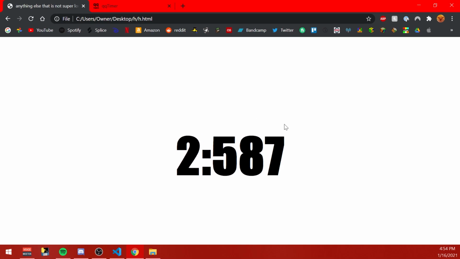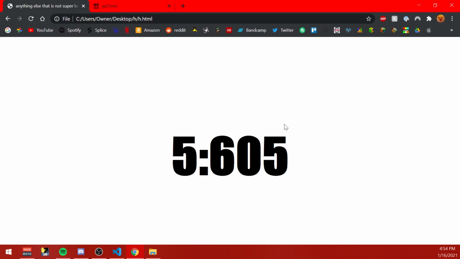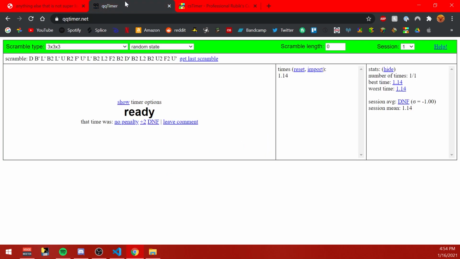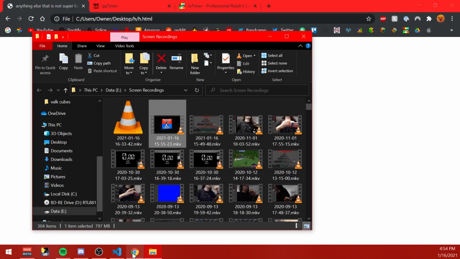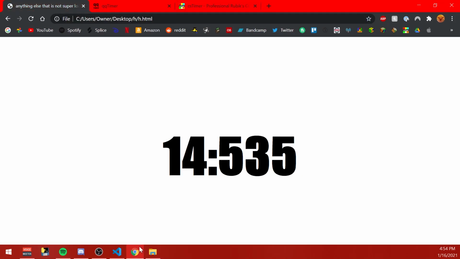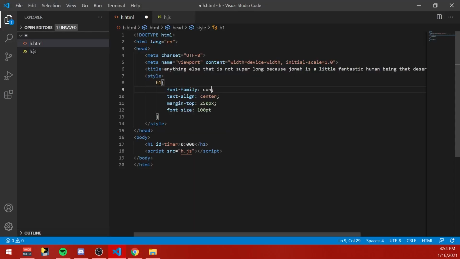It's like vibrating. The reason for that is because it is not a monospace font. So then don't do that. Do like Consolas or something. What font does CS Timer use? They probably downloaded one and installed it on the website. Yeah, you can do that. I just didn't want to go look for one. Or Courier New. Do the one that showed up with Courier New, because that'll work for sure. So if you save that and then load the thing,